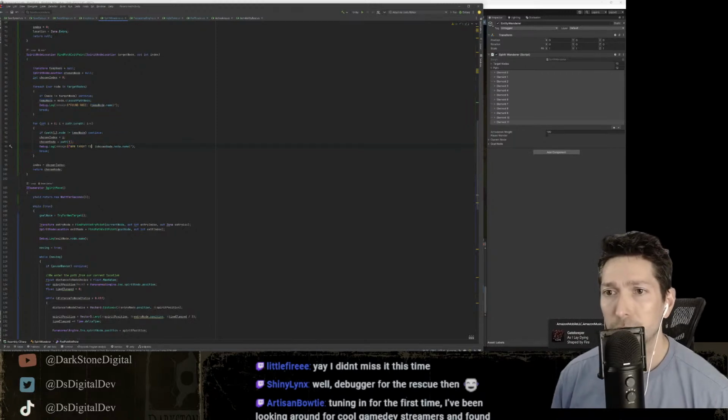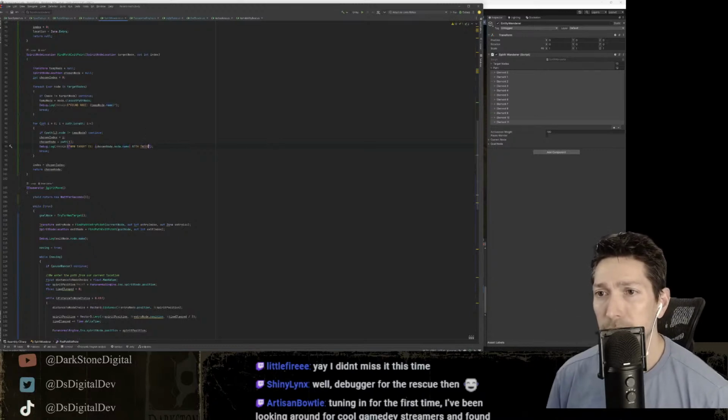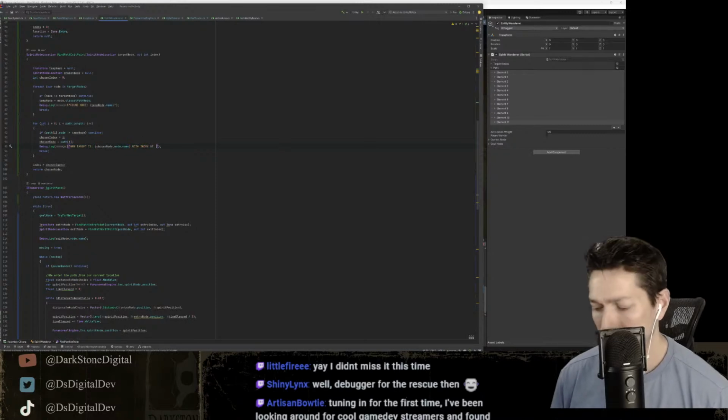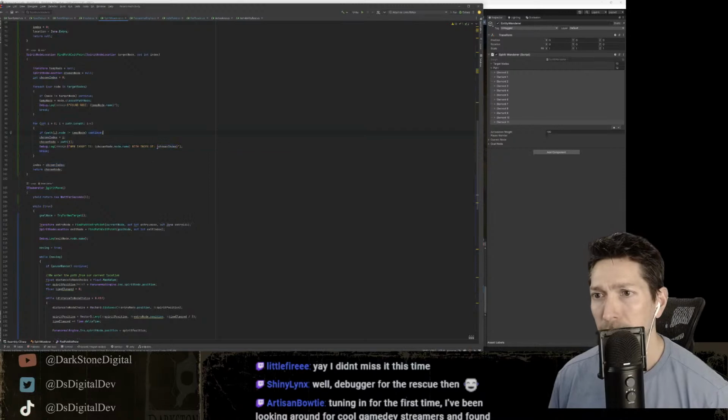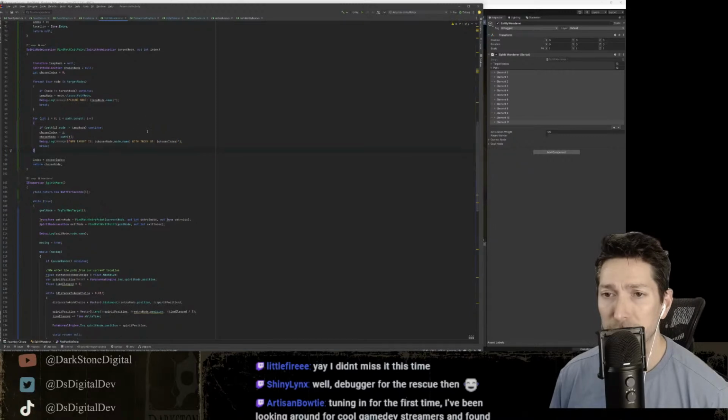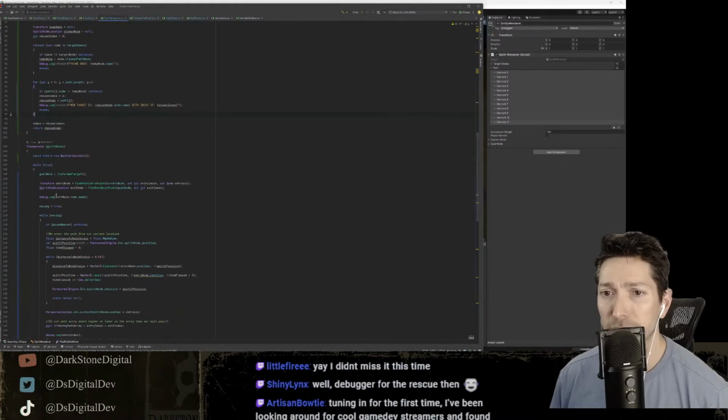New target is chosen node name with index of chosen index, which should be I. Should just be I. Because it should find it. The last time it was very weird about it and was like, no, I don't have that information now.